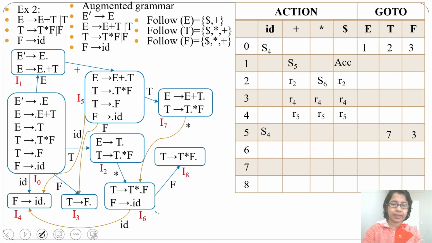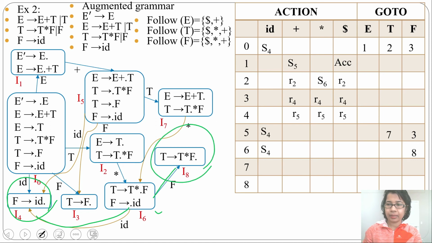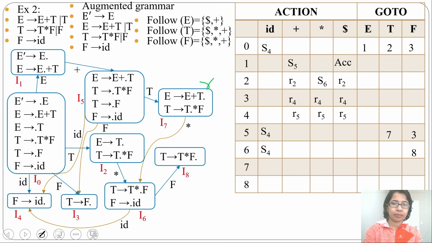Next, check I6. From I6 by ID, it is going to the I4 state. Write down S4 in the ID column. Then by F, it is going to the I8 state. Write 8 in the F column. Next, check I7. In I7, there is a reduction plus there is a shift. This is reduction number 1, where we'll write R1 in Follow of E. What is Follow of E?